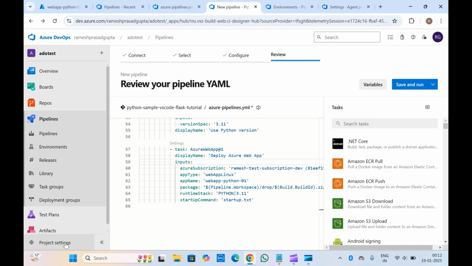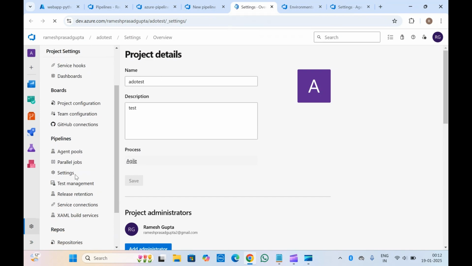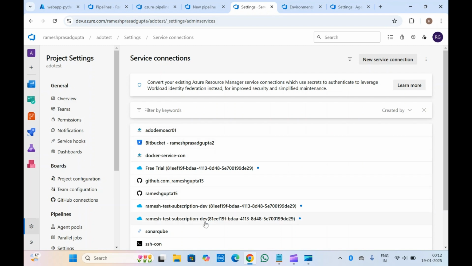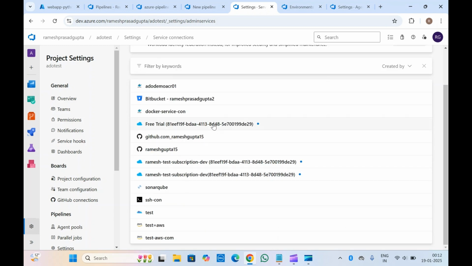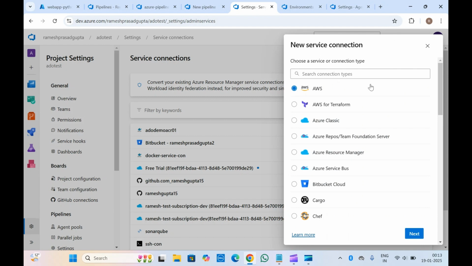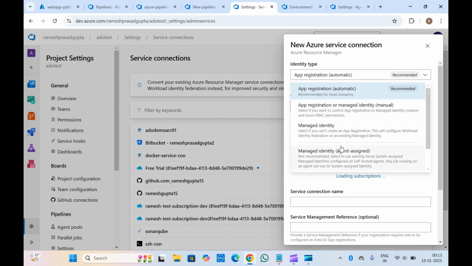To create it, you will have to go to the project setting. This is my project setting. Here, if you go in service connection, you can have multiple types of service connections here. You can create any of them. If you have to create it new, click on new service connection, select the Azure Resource Manager, and you can select it here. Like what type of,